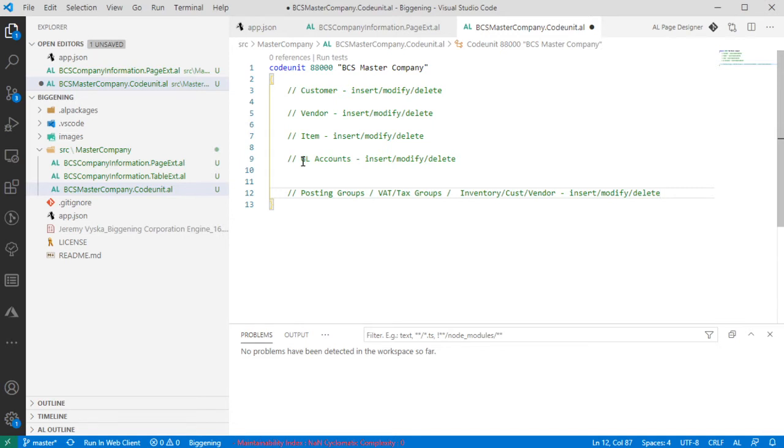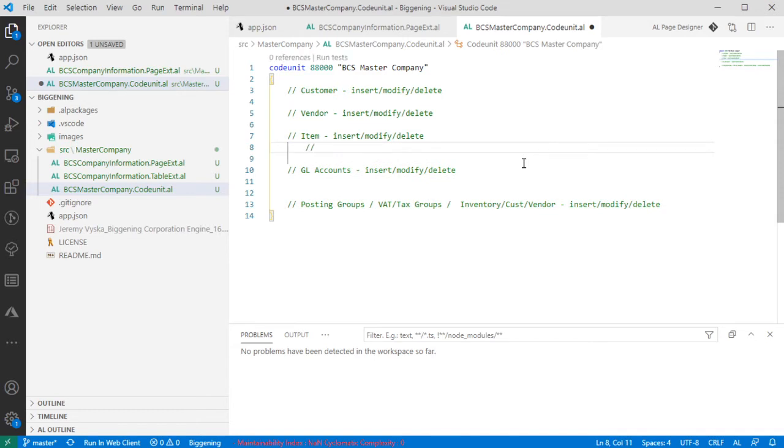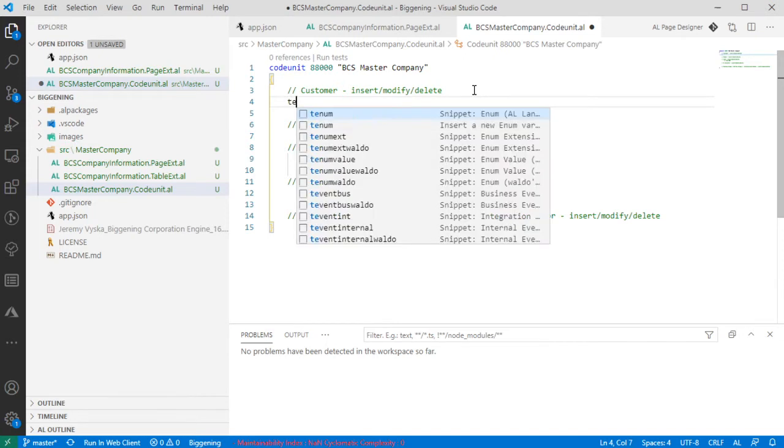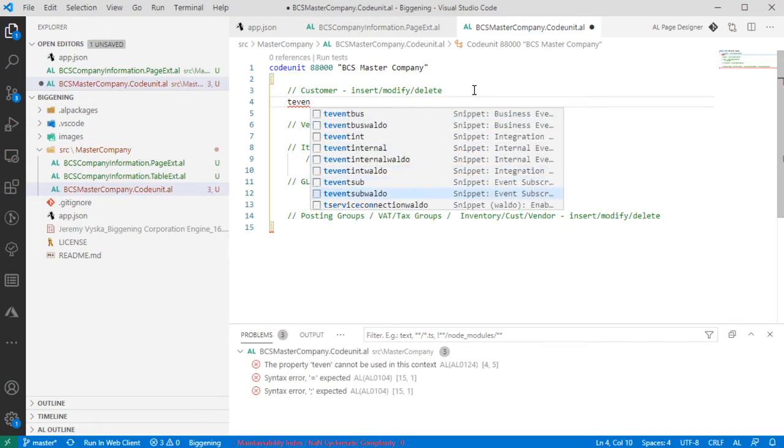Okay, so that gives us our rough in-file target of some of the things that we're going to need to make. And some of these will have some related piece of information. For example, item. Anytime you do anything with items, you are also doing things with item unit of measure. So we'll make sure we note that. Okay, this gives us our shopping list of all the different things we're going to need to subscribe to in here, which is a lot. So let's grab